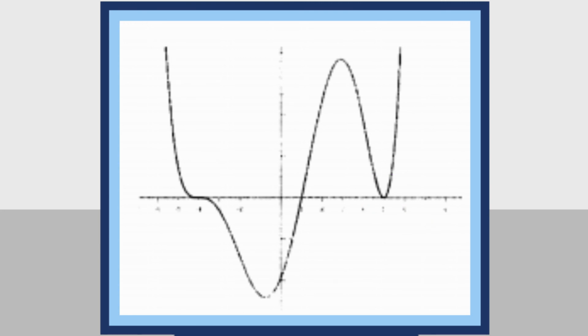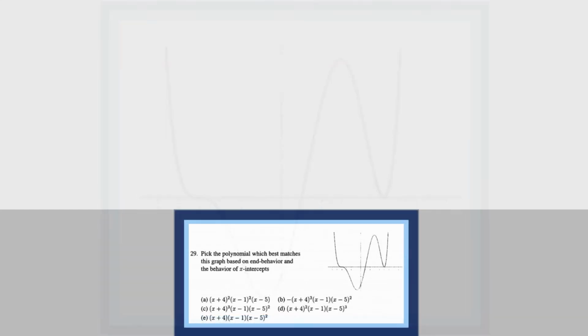Because it's up, up, we know the degrees of all these are going to have to add up to an even degree. So our best bet is that we're going to have x plus 4 cubed times x minus 1, and then times x minus 5 squared. So as you see, this is our best bet. And when we add these up,